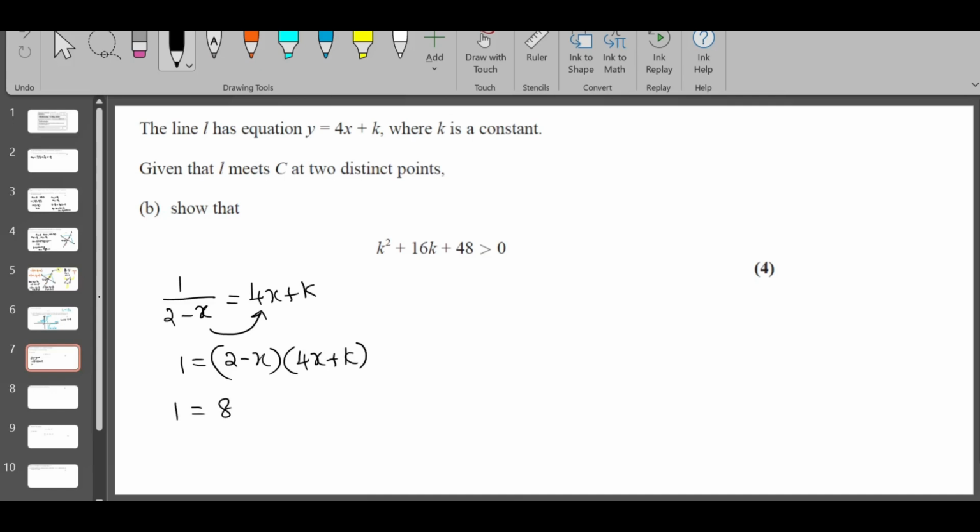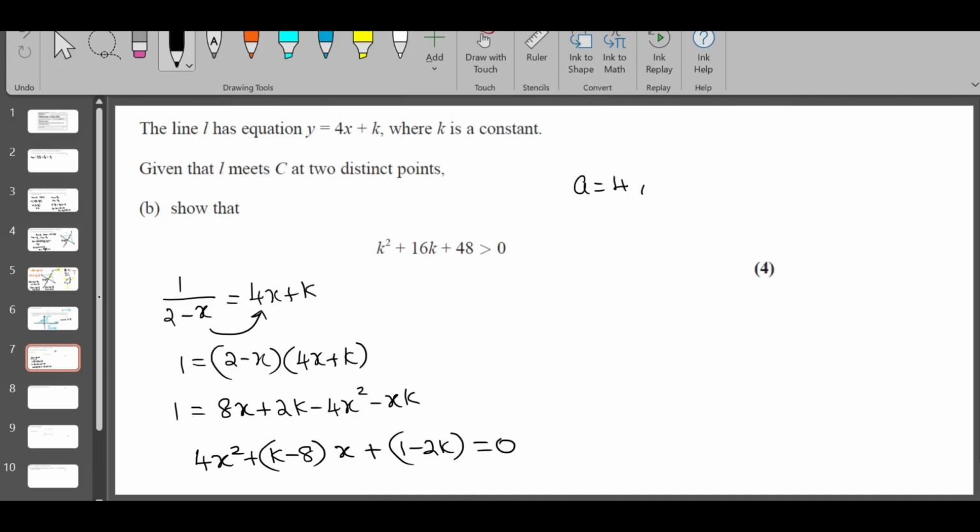So it's going to be 8x plus 2k minus 4x square minus xk. Move everything this side, you'll get 4x square plus xk minus 8x, so k minus 8 times x plus 1 minus 2k is 0, which is a quadratic, right? Where a is the coefficient of x square, b is k minus 8, coefficient of x,